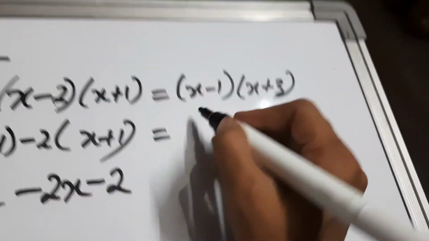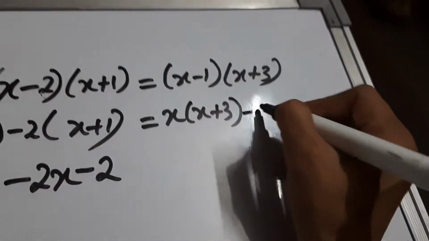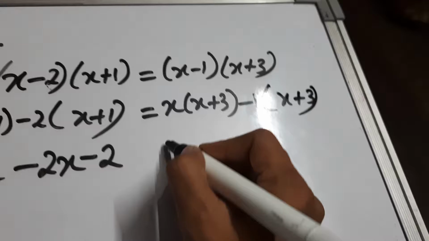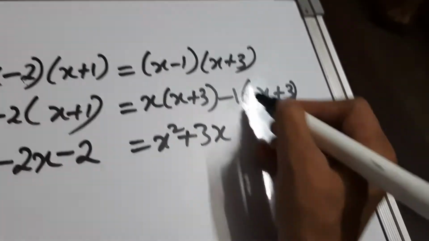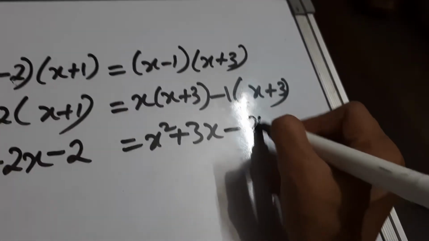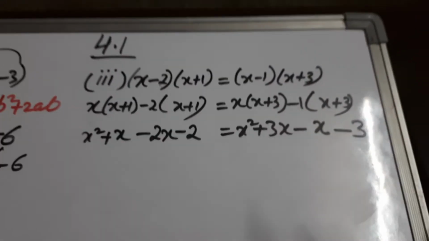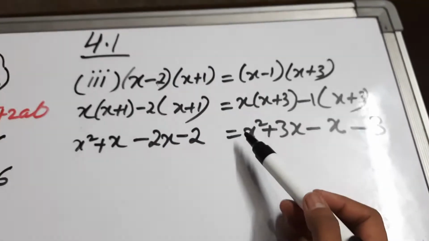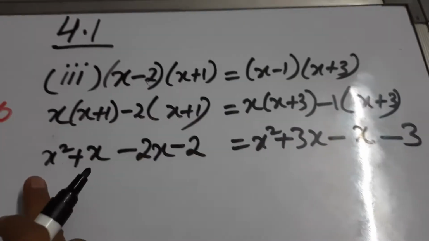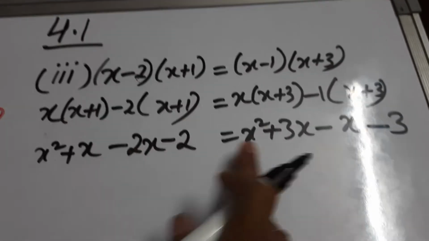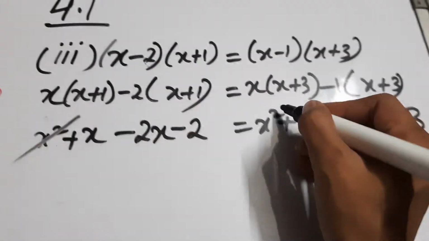Similarly on right hand side, first of all we'll multiply x by the complete bracket, then minus 1 will be multiplied by the complete bracket, then distribute: x square plus 3 into x 3x, minus plus minus 1 into x x, minus plus minus 1 3s are 3. So now let us check the like terms. This is a square term, this is a square term, the coefficient of both is 1, meaning exactly the same. This is on the left hand side of equal to, this is on the right hand side, so the sides are opposite, so the sign should be the same. This is positive, we can cancel out.